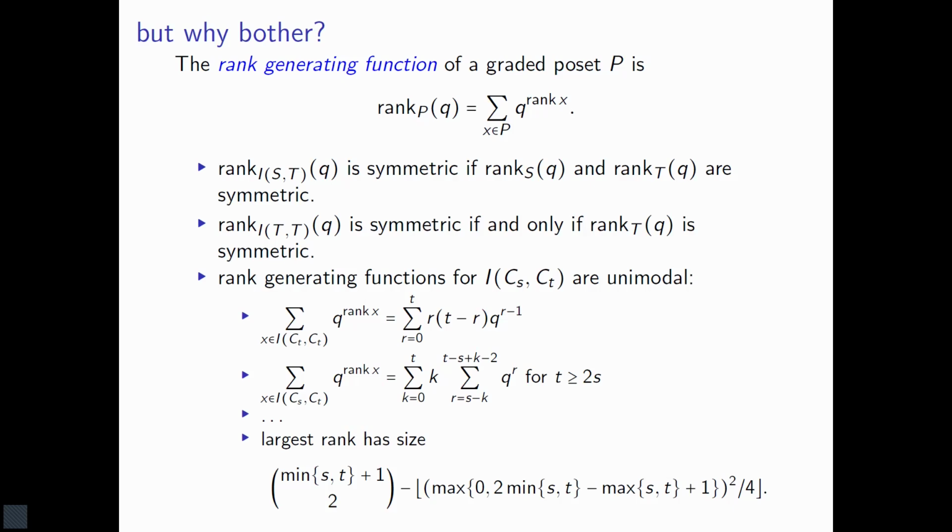So they are particularly nice if we have square matrices, but also if one size is much larger than the other one, we get a nice expression. In this case, it turns out that the rank generating function is unimodal. That means we have few elements in the lowest rank, and we grow up to the middle actually, and then we have fewer elements in each step again, and we can compute